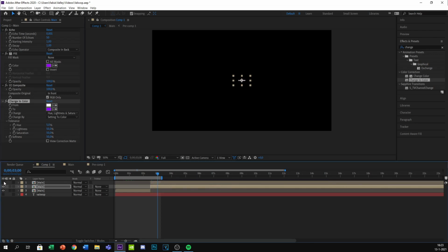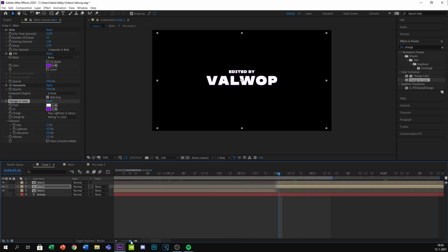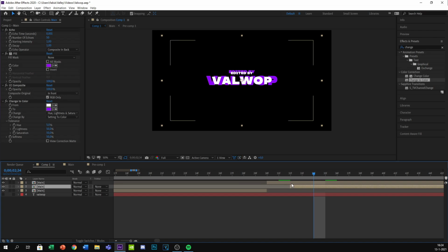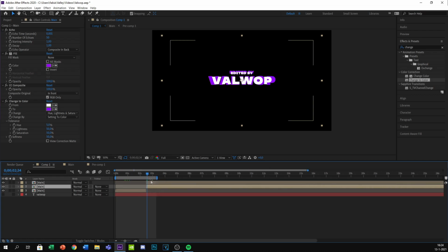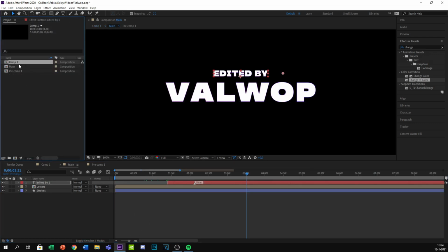So now if we disable the upper layer, you can see that it's purple. But to have the purple change the other layer, basically drag it out a couple frames to the right. Now you can see, I'm going with 2 frames to the right, yeah, that's good. Alright, so now go into the main.